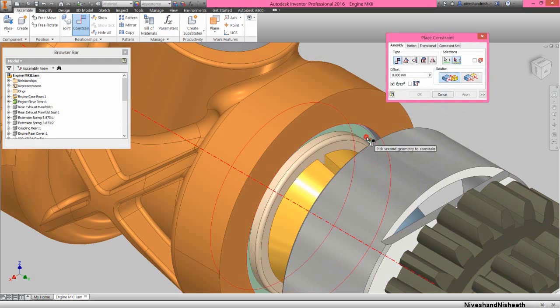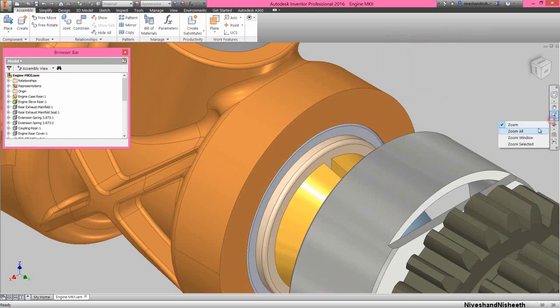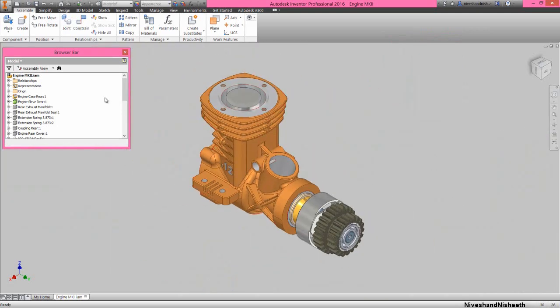Now select this internal face of the bearing and this face of engine case rear part and apply flush mate constraint. Now my clutch bell assembly has been fixed. And open the visibility of flywheel part.